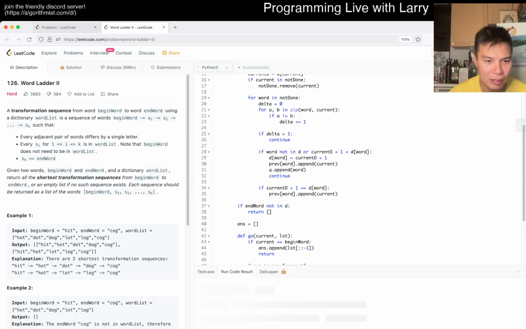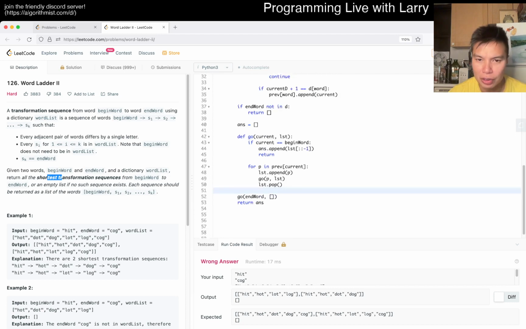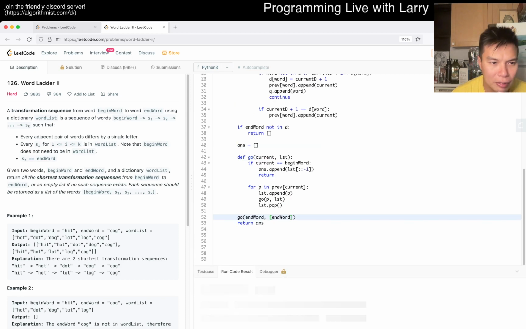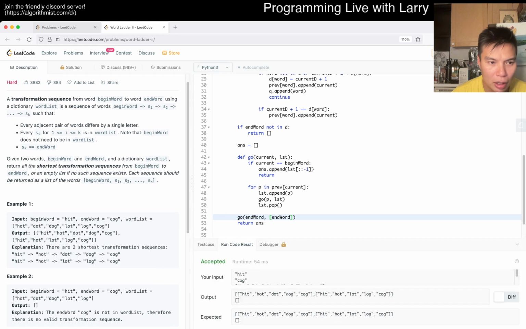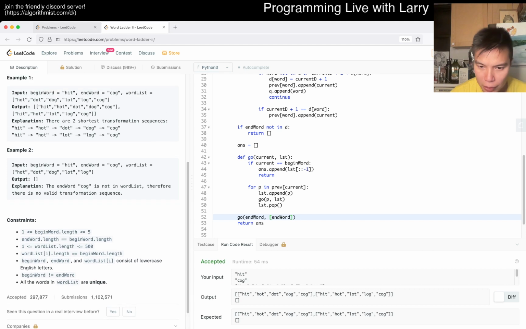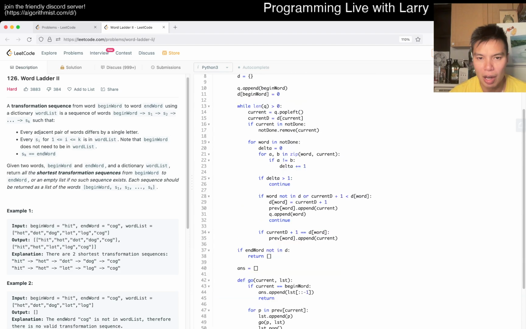I don't know if I have to do it in each order. It seems like I forgot the last word. I guess I just have to do this, but I want to see if I have to return it in any order. Seems like maybe okay. I don't know if I just return the right thing, or some problems just require you to return it in a specific order, right? So, all right, that looks okay.